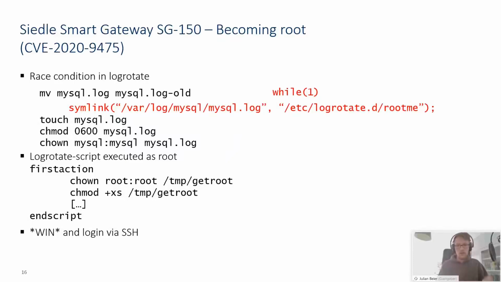In our case, we chose logrotate.d because logrotate runs as the root user, and now we basically have a script that every time logrotate triggers would be executed via logrotate as the root user. And we basically put in there that we have a file in /tmp called get_root. That's the second 4 lines of the logrotate script there. We have a file get_root in tmp. We give the rights of that file to root, and then set the executable bits and the SUID bit. So this is basically sudo without a password.